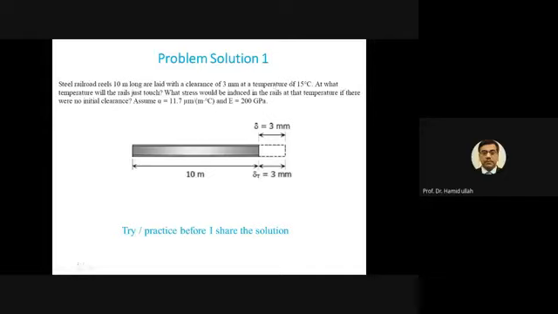Now we want to increase the temperature so that, because of the increase, the body will expand to the right. It should expand until it touches this second part, meaning the body will cover this clearance. How much is the clearance? 3 mm. So T2, the final temperature, is required, and this is the initial temperature.